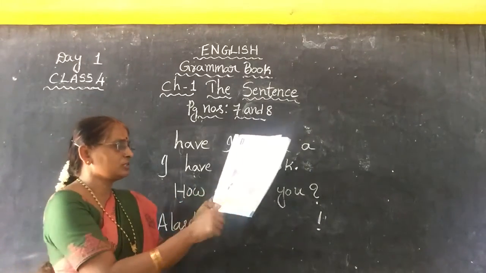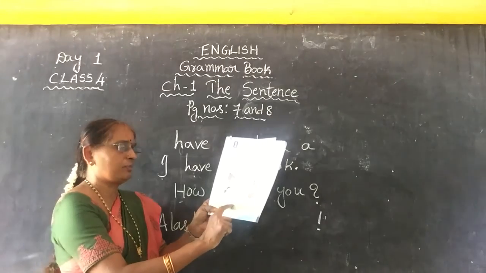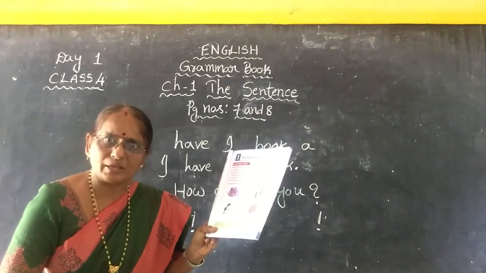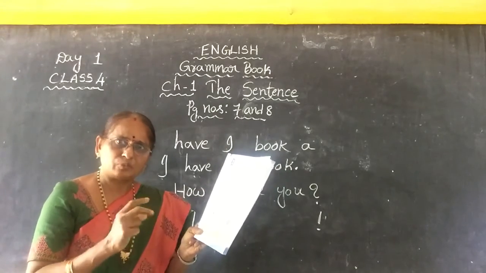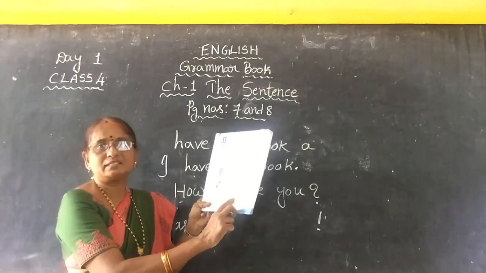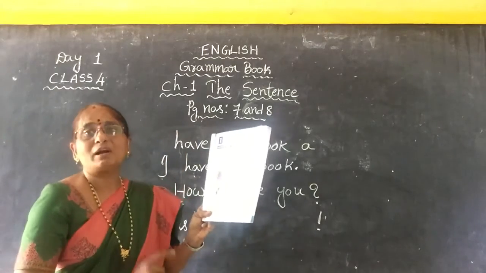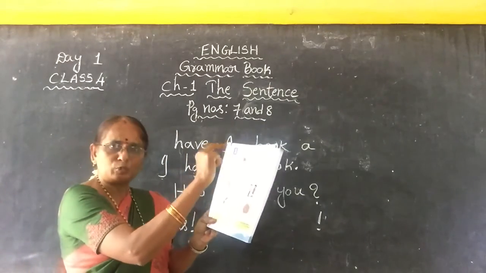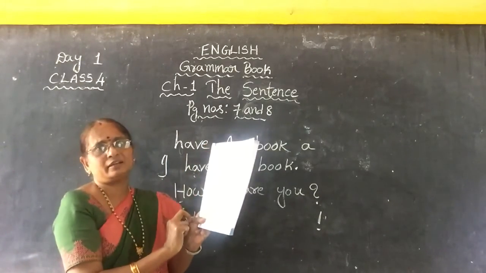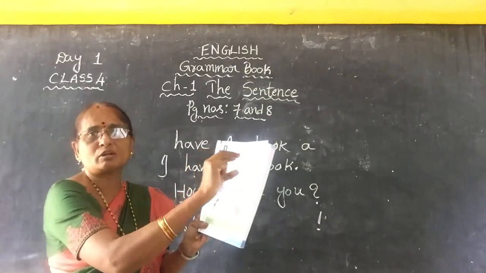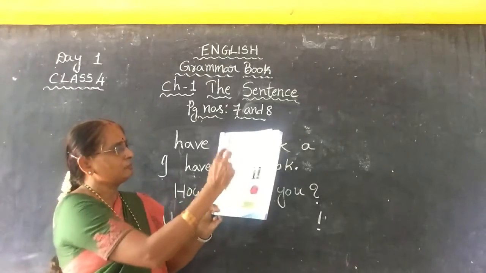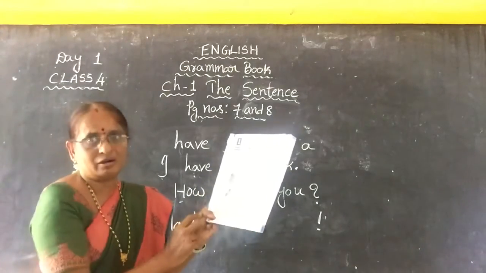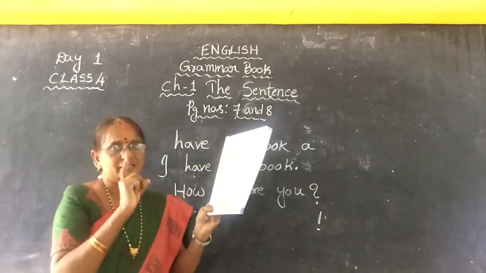Now see, do these groups of words make sense? Sense means what? Give us full meaning. Correct? Isn't it proper? Yes. Here you should write yes. Here no. What is the difference? Here a set of words is there, but these words were not arranged in a proper order. Again the same words we have arranged in a proper order. So here we have to write yes.